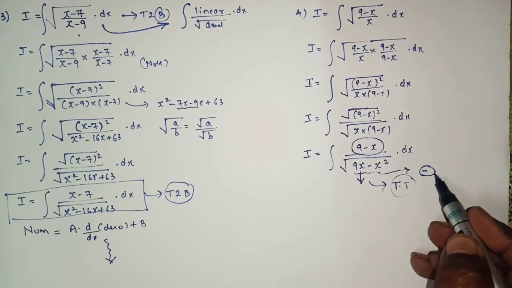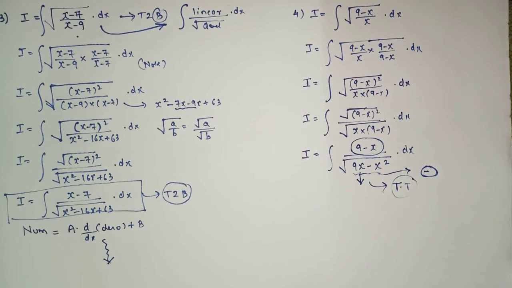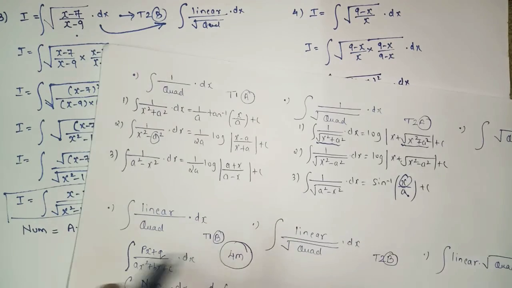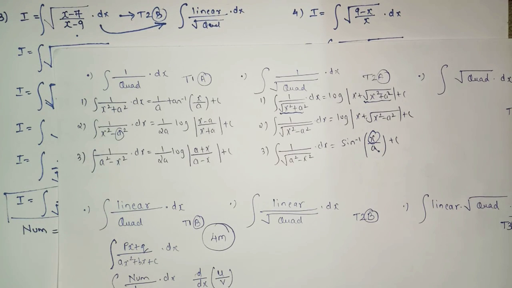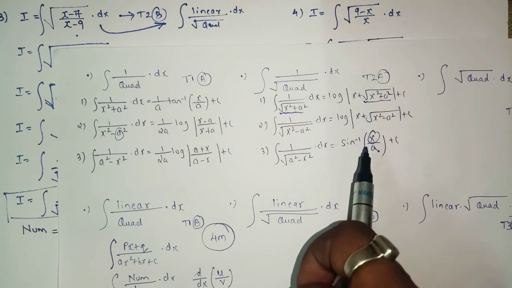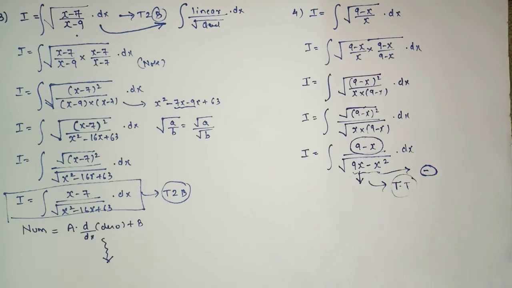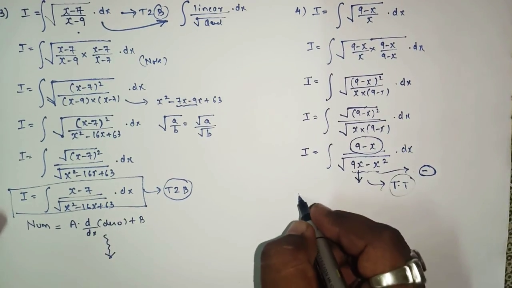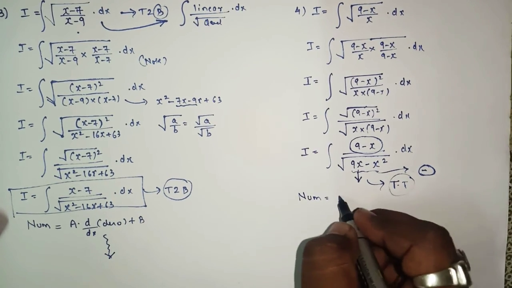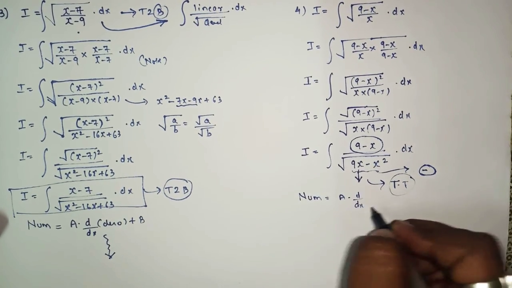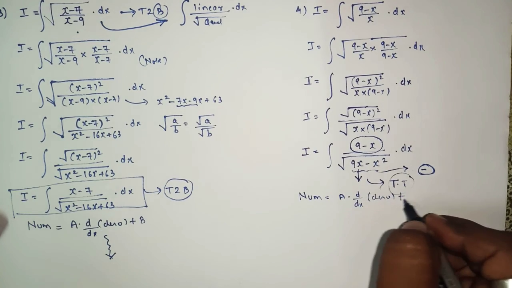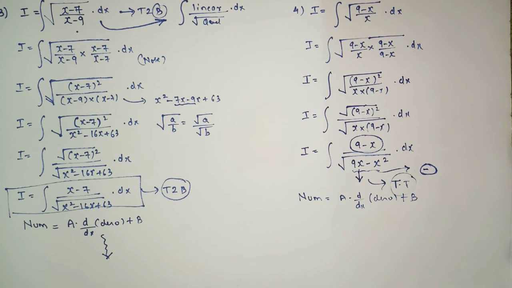So whenever the sign of x square is negative, we have to apply the third formula, that is integral 1 upon root a square minus x square into dx equals sine inverse x upon a plus c. And the rest we know how to solve by using all the four steps. The rest you can solve by yourself.